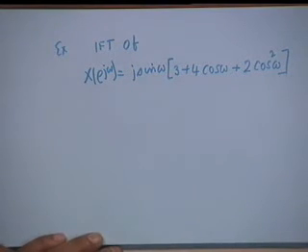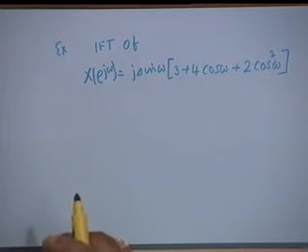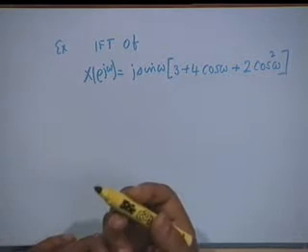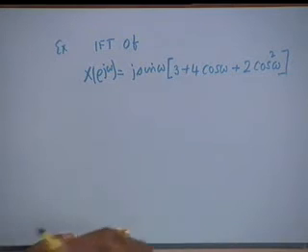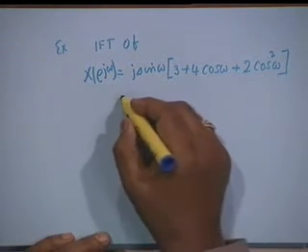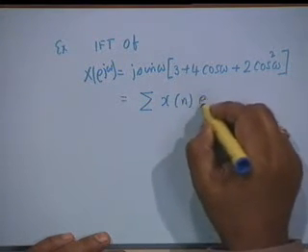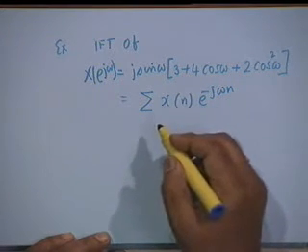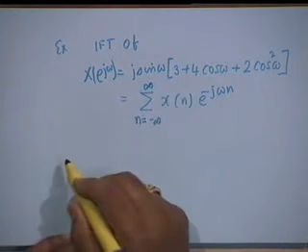This is the problem, to find the inverse Fourier transform of this sequence. Now, obviously, in a general case, we shall have to evaluate the integral 1 by 2 pi from minus pi to pi, etc., etc. It is not required here, because all that you require is to express this as x of n e to the minus j omega n with appropriate limits of n. In general, it goes from minus infinity to plus infinity.